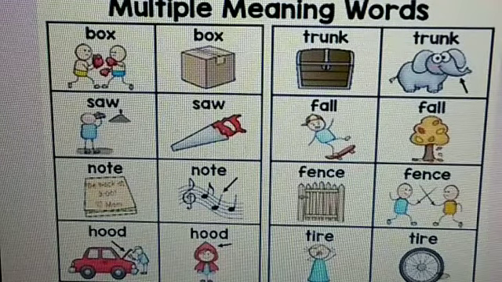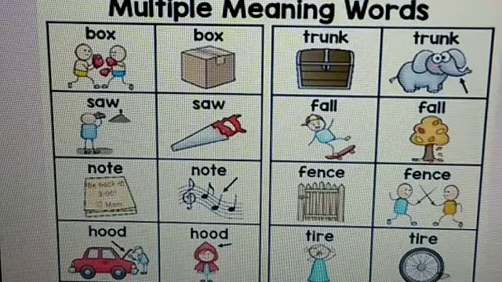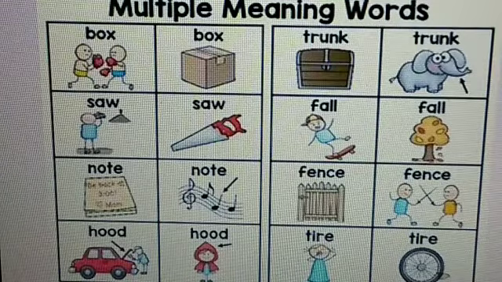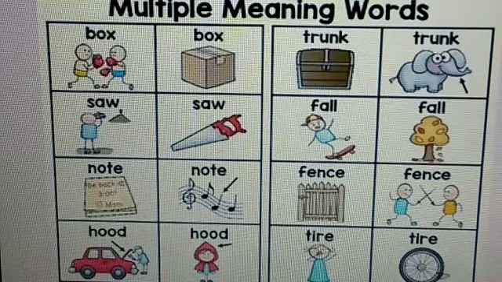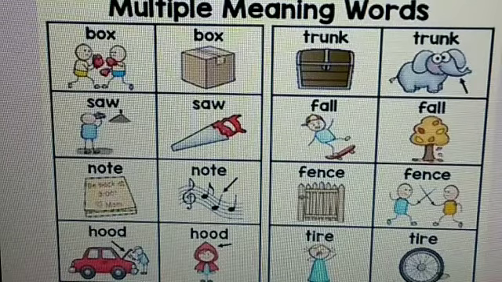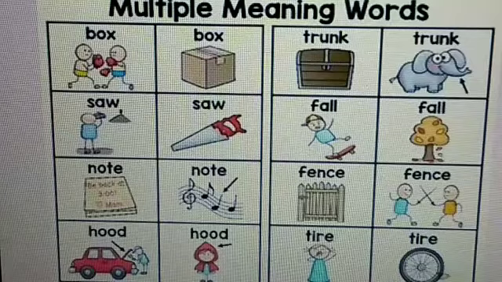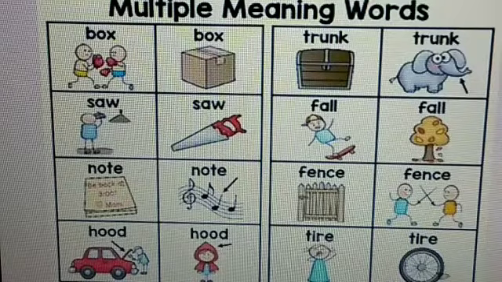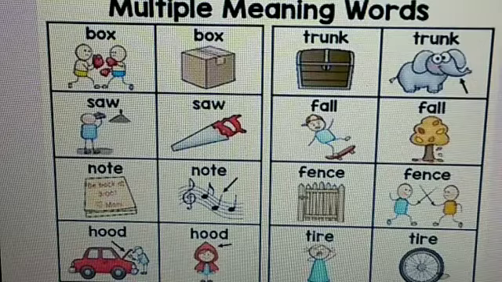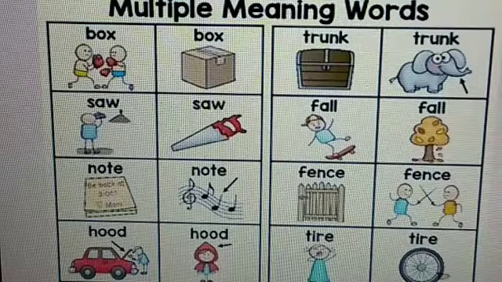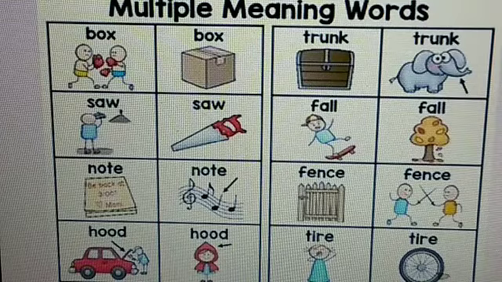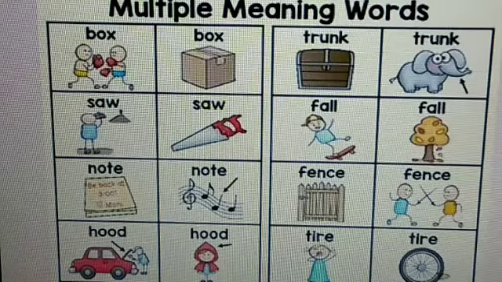Next one, hood, the hood of the car, you know. Next one, we wear like a helmet, no? Small children when they are feeling very cold, parents will make them wear this bonnet. That is known as hood. Then on the other side, trunk, trunk box. Next one is an elephant's trunk. Next one, fall. The boy is falling from the skate. The other one is the fall season. American English for autumn is fall. Fence, you know. Fence we use like a compound in order to protect. In the same way, here they are defending, protecting themselves by fighting, no.